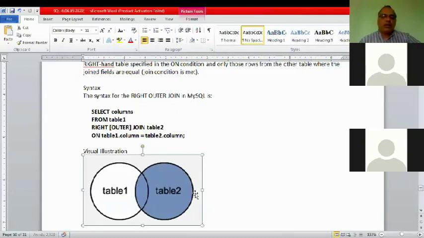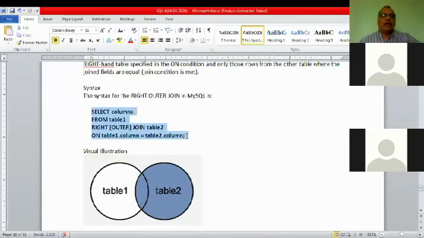All the values of the right table and the common values of the left table will be displayed. So the syntax is this: select column from table 1 right outer or right join table 2 on table 1 dot column is equal to table 2 dot column.